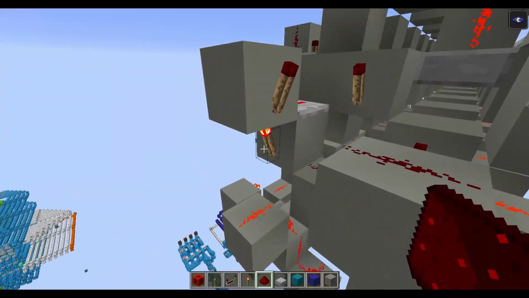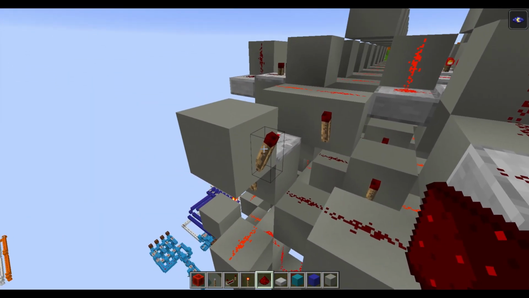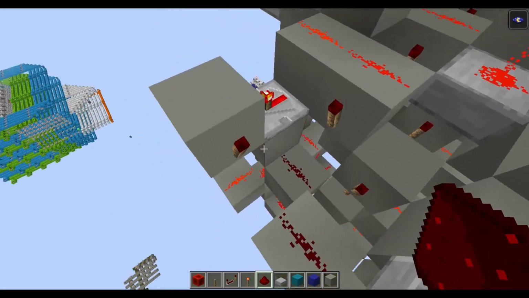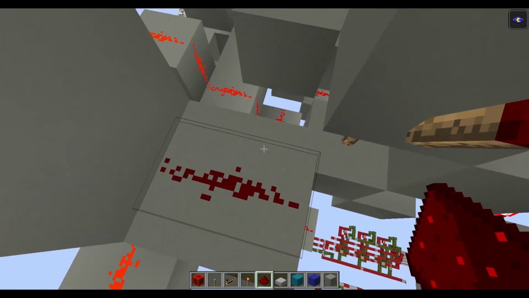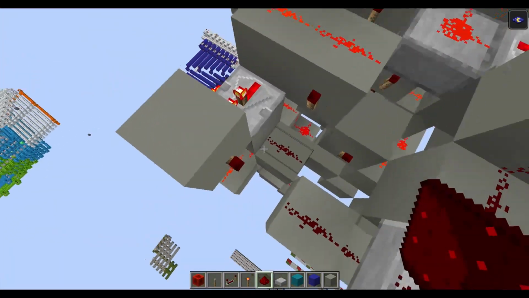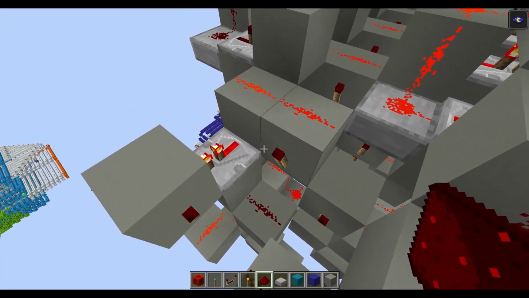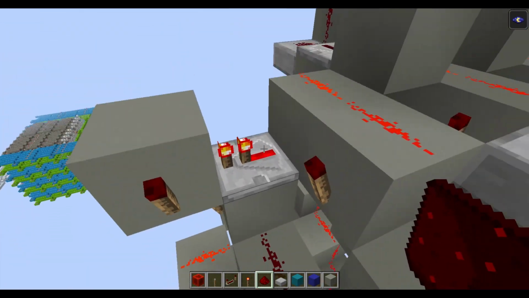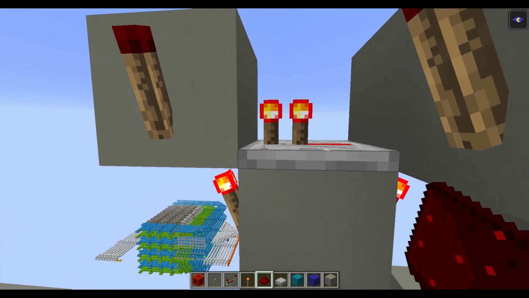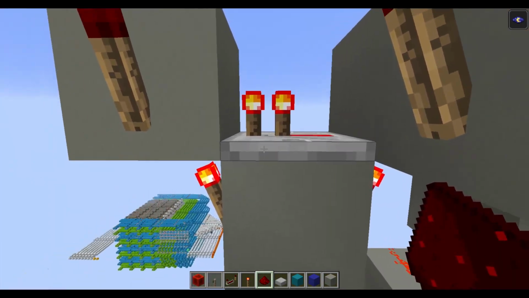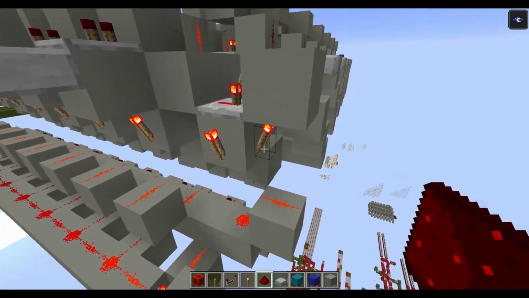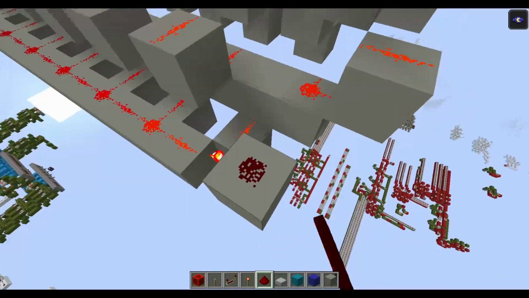As you can see, this torch is connected to this output, so it can be dangerous, but in fact it doesn't matter, because when this line is off and so this line is on, that means that you have 0 in the memory cell. So in fact this torch is always at the same state as this repeater, just 1 tick before. So it's not really an issue to place this torch here.